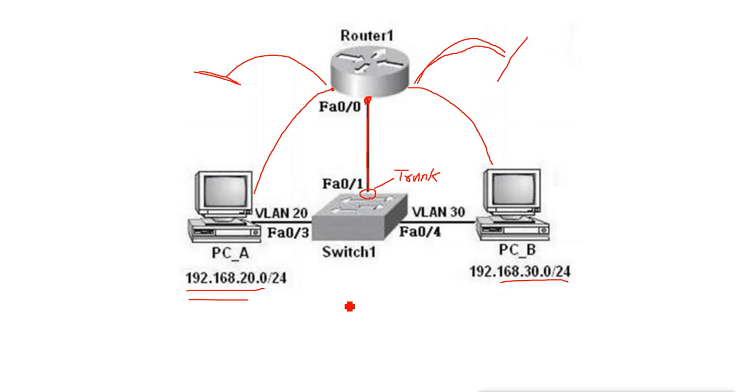So from the switch side it is okay. Now what about the router side? On the router side we have only physical interface 1. Now we will divide this physical interface into multiple sub interfaces. We can do that. Those sub interfaces are logical interfaces, but the data will still go through this physical